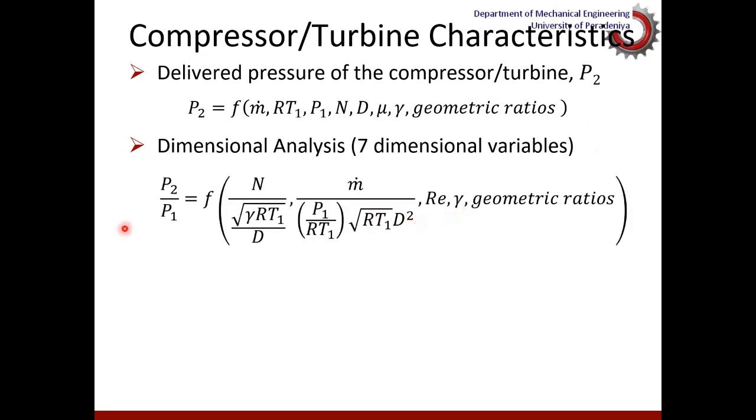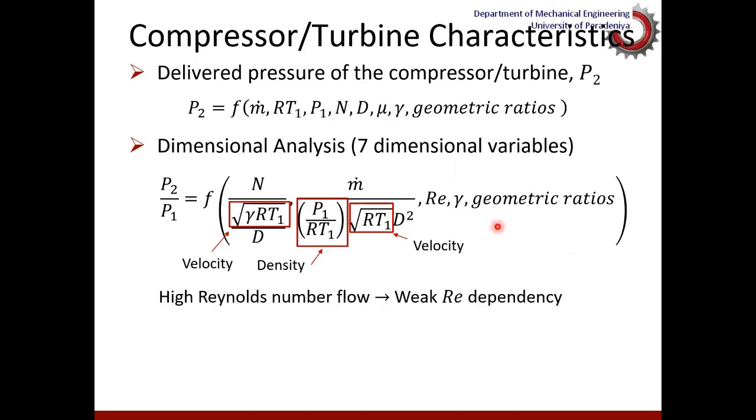So we could say with the non-dimensional analysis, I'm not going to go into details about this, but I'm sure you all learned about these things under fluid mechanics. We could represent these quantities in a non-dimensional form. This is velocity, this is density, this is again velocity. And we all know that if the Reynolds number is very high, then the dependence on the Reynolds number of